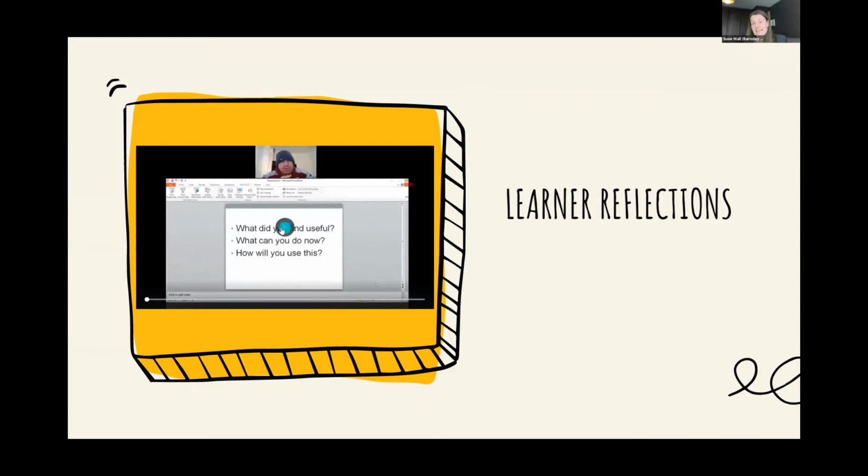Because I know, for example, to use the computer, for example, Google Drive.